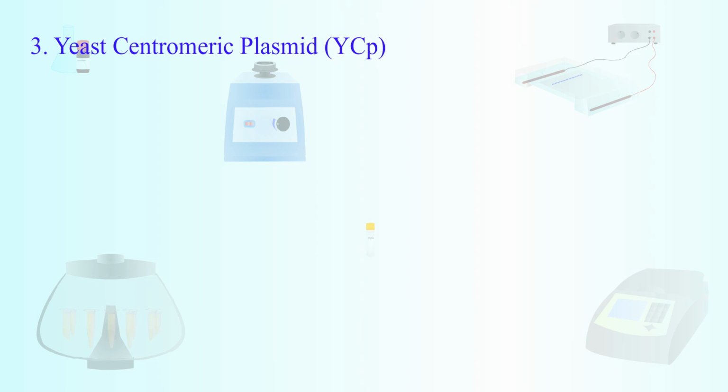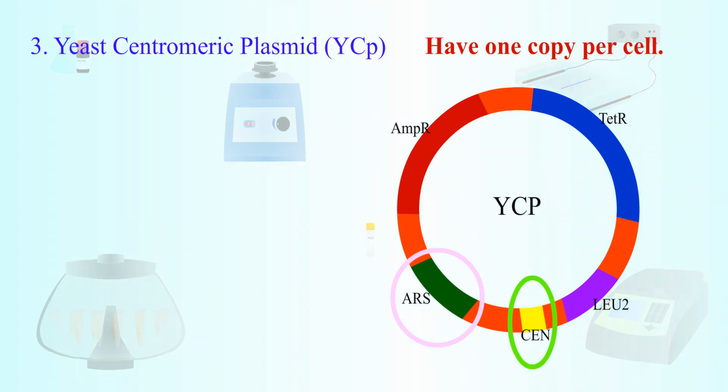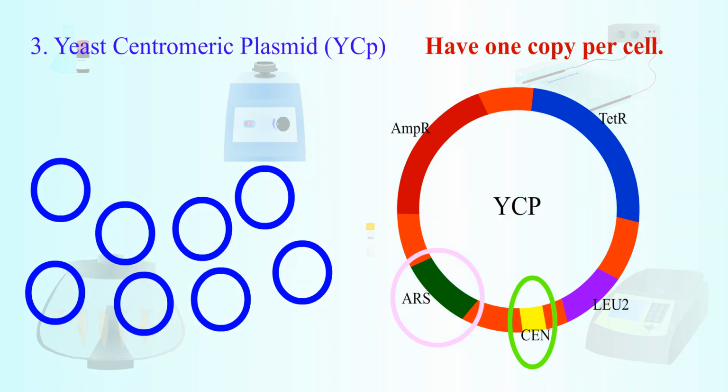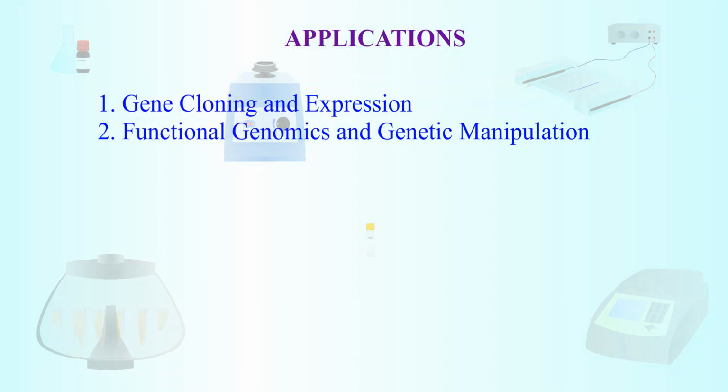3. Yeast centromeric plasmid, or YCP. It contains yeast centromere, or CEN. The vectors contain autonomous replicating sequences, or ARS, either 2μm in origin or chromosomal. They have one copy per cell, and can replicate in the cell without integrating into the chromosome and are stably maintained during cell division. Different applications of yeast vectors are: gene cloning and expression, functional genomics and genetic manipulation, yeast-2